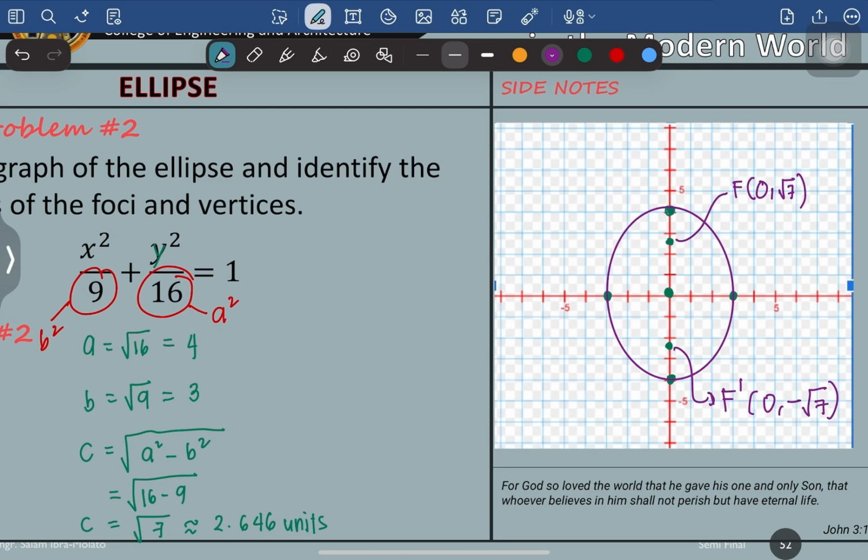Then for the vertices, V sub 1 is at the coordinates 0, 4. Then for another vertex, V sub 2, 0, negative 4, since it is along the negative y-axis. Then V sub 3,